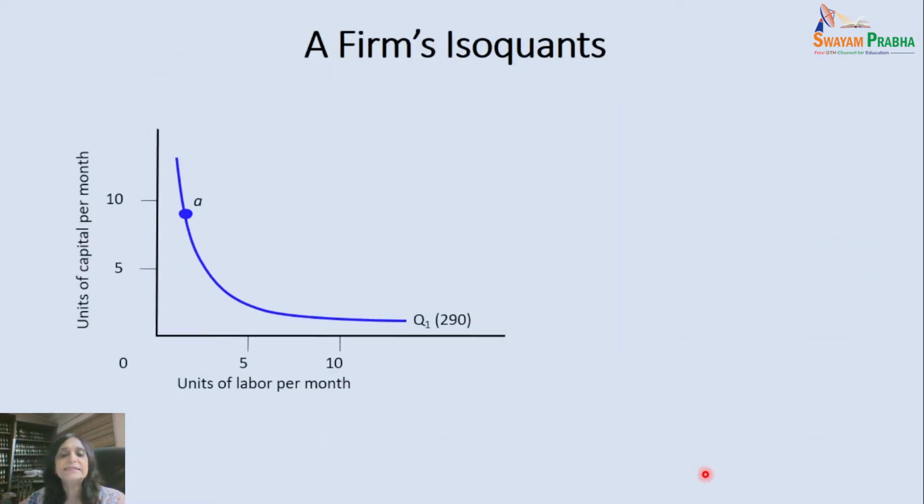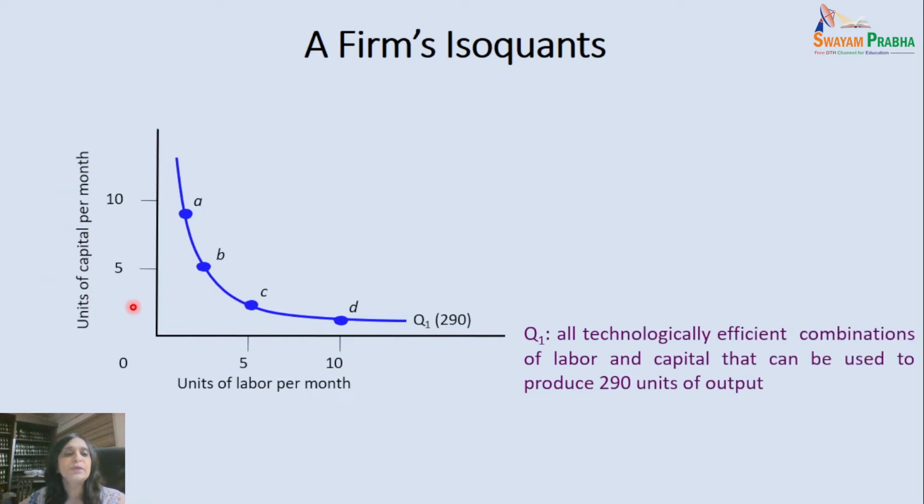Now let us see this graph. For example, we are measuring capital on the y-axis and labor on the x-axis. So all these points A, B, C, D, which are lying on this blue curve, which is an isoquant Q1, are showing different combinations of labor and capital. Yes or no? Because at A, the combination of labor and capital is different from the combination at point C. But all these technically efficient combinations of labor and capital are producing the same level of